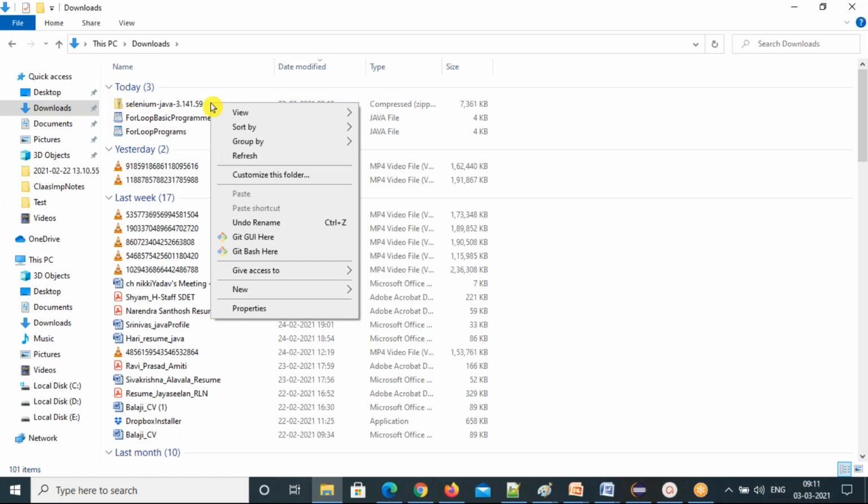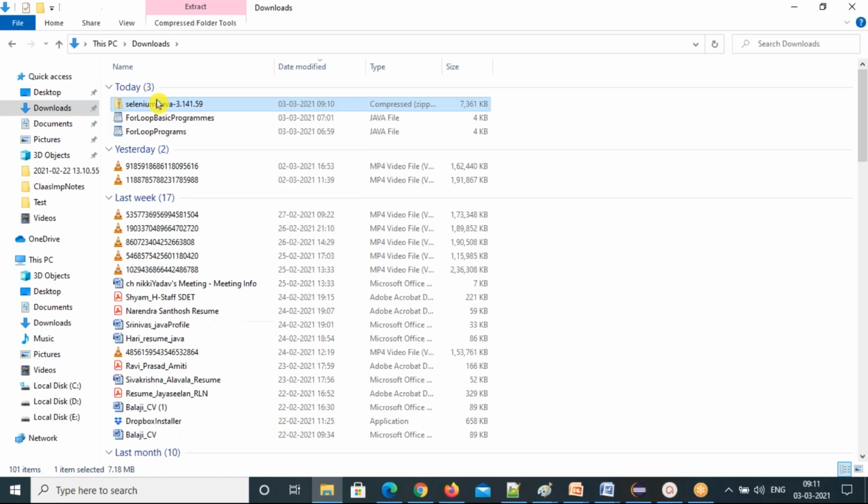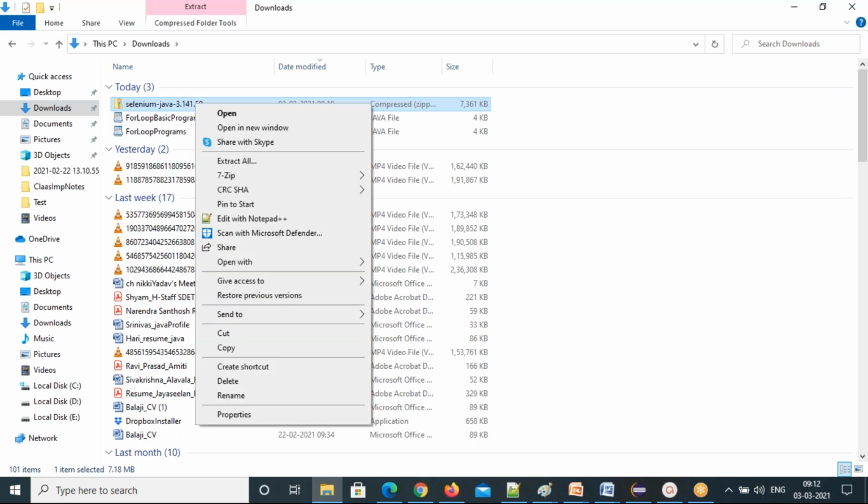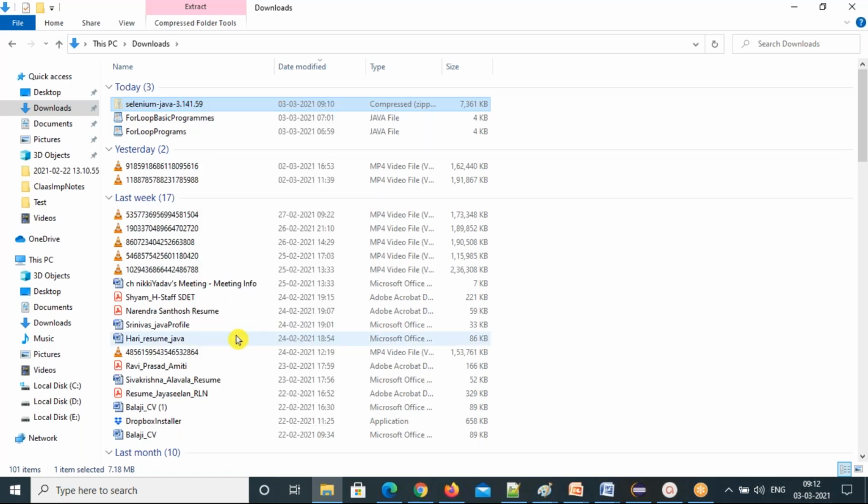If cut is not there, you select first: one time you click, then right click. You have a cut option. Or the shortcut for cut is Control X. If you do Control X, it will cut. So this is the cut.